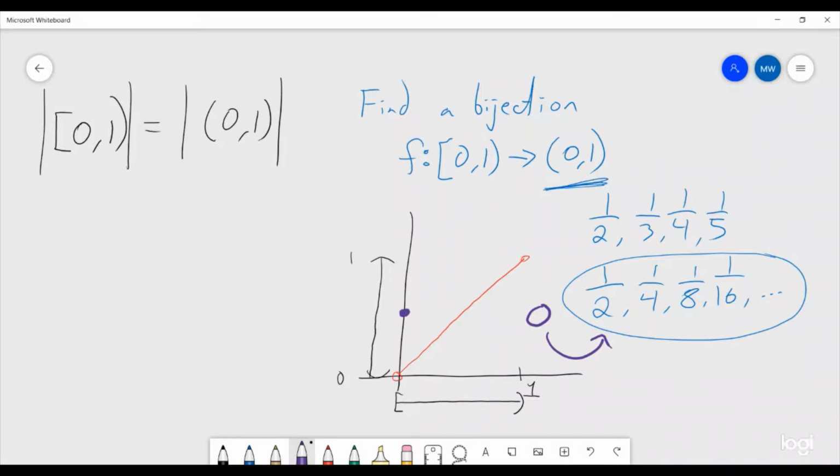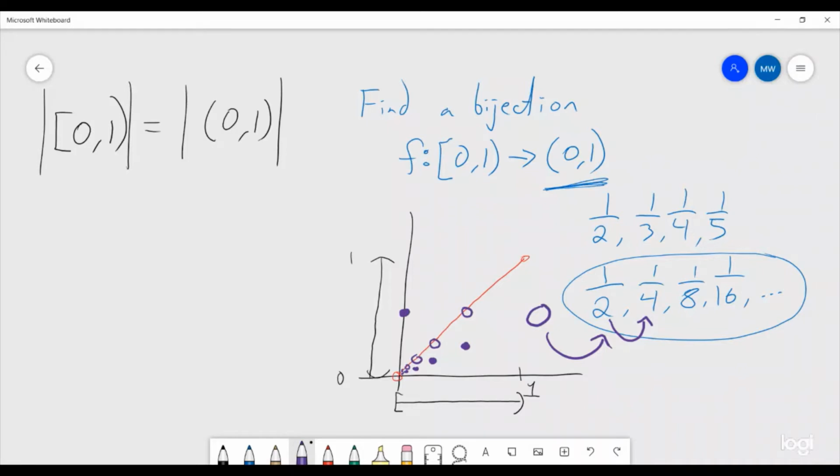The problem now is 1/2 is mapped to by 2 different elements. So we are going to remove that second one and send it to the next term in the sequence. So 1/2 is now going to go to 1/4. But now 1/4 goes to more than one thing, so we are going to send what 1/4 originally was to half of it. And we are going to just keep repeating this process. Whoops, I have them backwards. We're going to just keep repeating this process so that we have a way of continuing